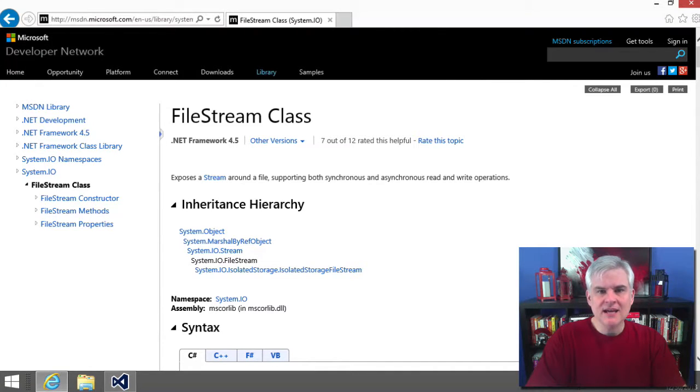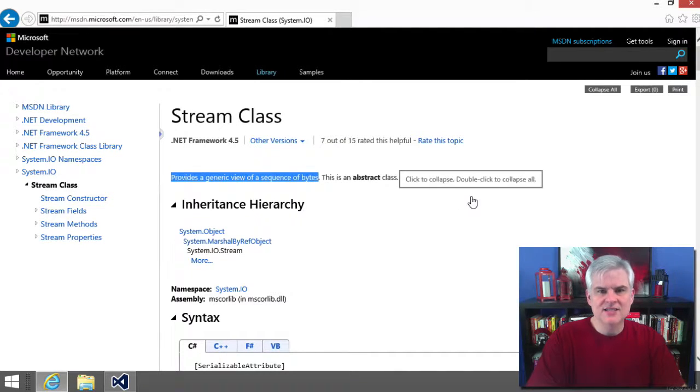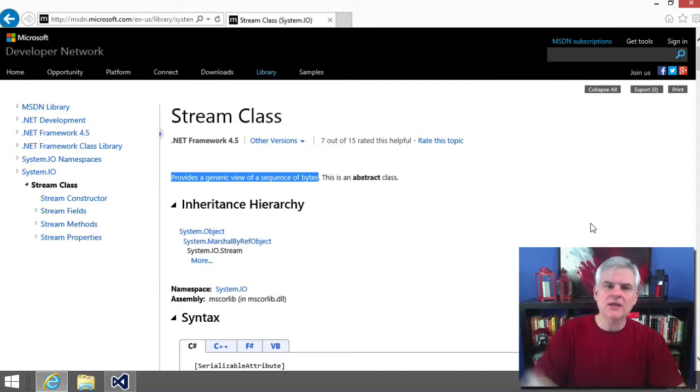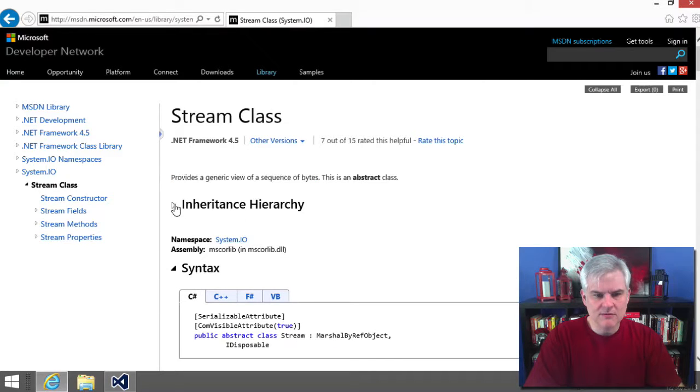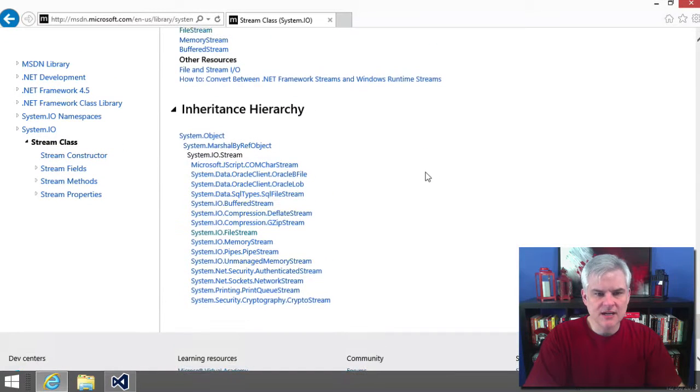So if I click on the link to investigate the System.IO.Stream, as you can see, the Stream class provides a generic view of a sequence of bytes. And then it says also that it's an abstract class. So now whenever we're working with the StreamReader, we're working with a sequence of bytes that were stored in a file. And if we were to click the More right here, we can see at the very bottom of